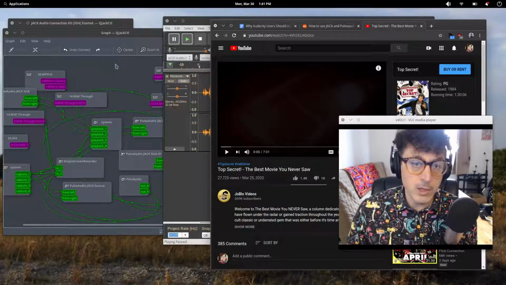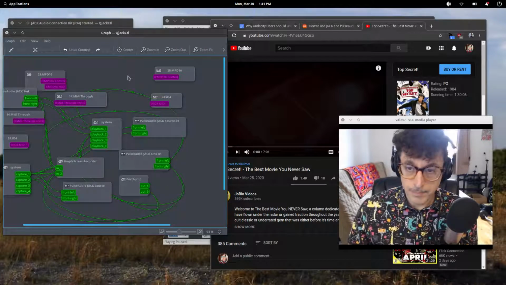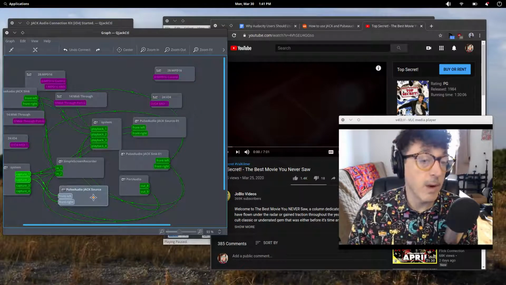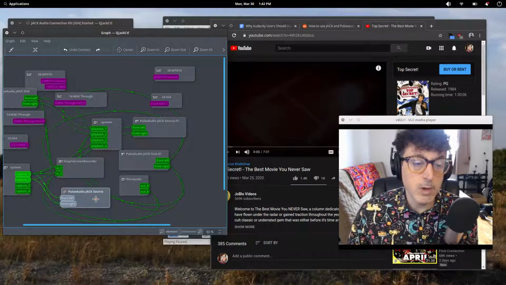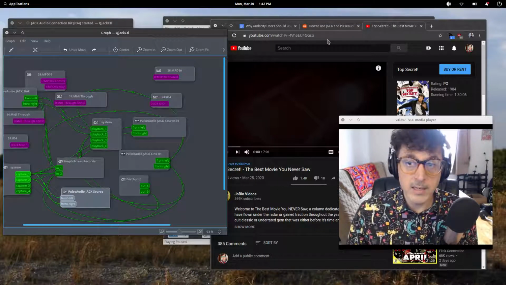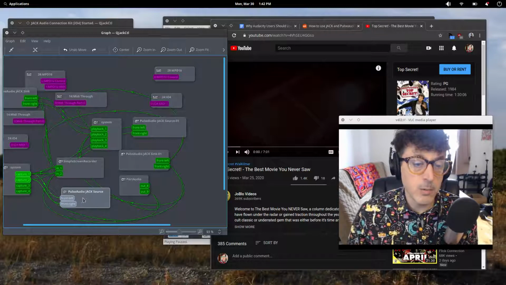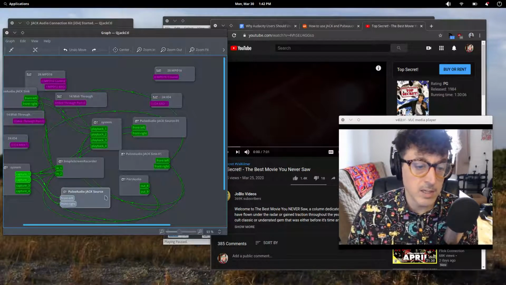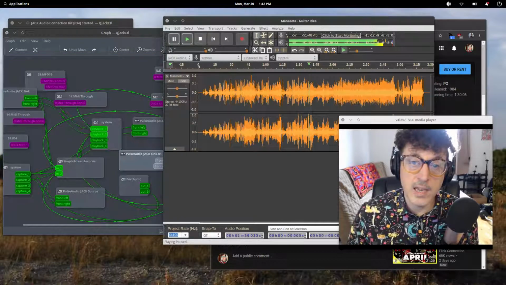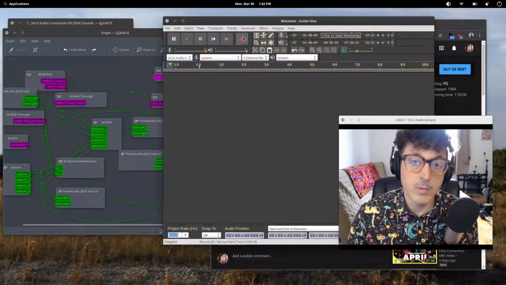But what we could do using something called the Jack PulseAudio Connection Kit, or PulseAudio module rather, is actually record from any sound source within Linux running on our desktop, and record that into Audacity using this PulseAudio Jack connection, which you see here. We have Jack Sync. First off, what I'd have to do is get Audacity in a state ready to record. So let's just press pause and then record.